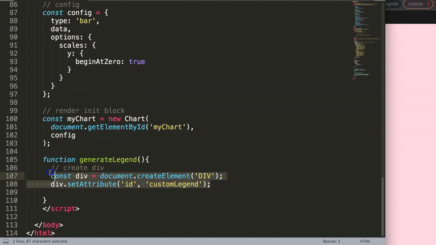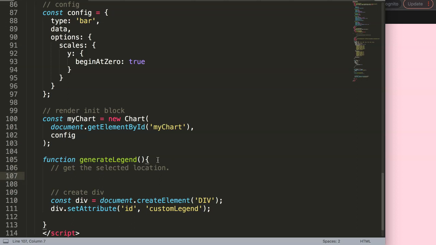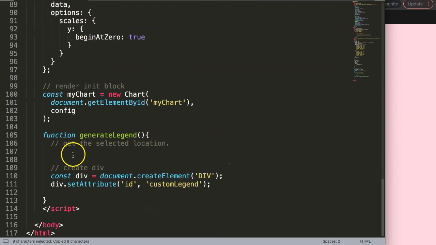Because what I want to do, of course, because we create now a div, but of course I want to insert a div in a specific place. So I'm going to get the selected location. And what I need to do here is basically this. You go in here in the chart box, you can see this class here. So what I'm going to do is chartBox, copy that, say constant chartBox equals